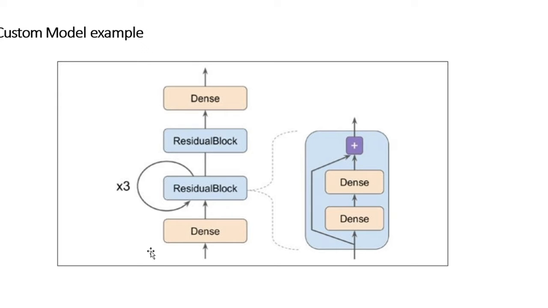So you can see in this diagram, the first input goes through the first dense layer and then through the residual block. This residual block is composed of two dense layers and an addition operation is performed by considering the input and the output of the dense layer. Then the same residual block is repeated 3 times. After that, it goes to the second residual block. And the final result goes through a dense output layer.